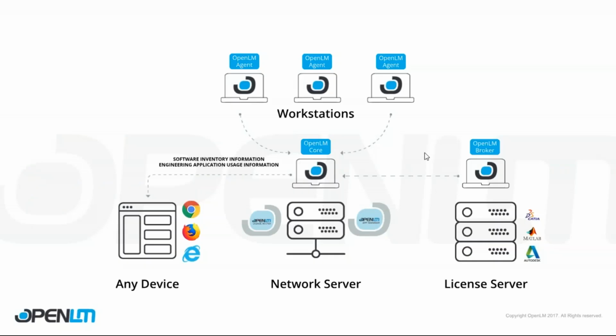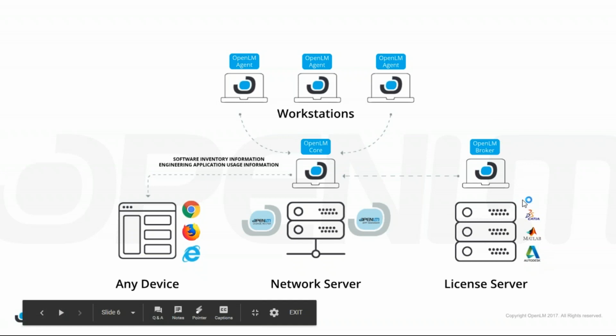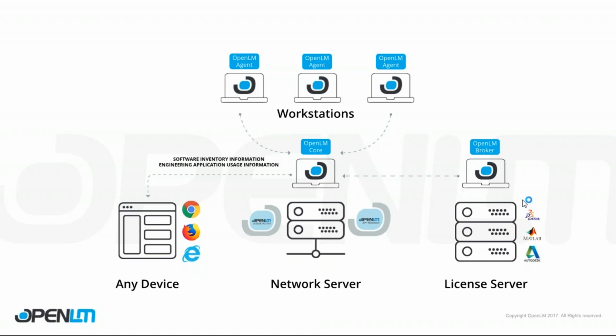So, just before I jump into the thick of things, I would like to go over the general structure, the general deployment of Openlm. First of all, you'll install the Openlm broker on the license server. You might have many vendors there. You'll simply need to install one Openlm broker there, and it will transmit information to the Openlm server, or Openlm core,